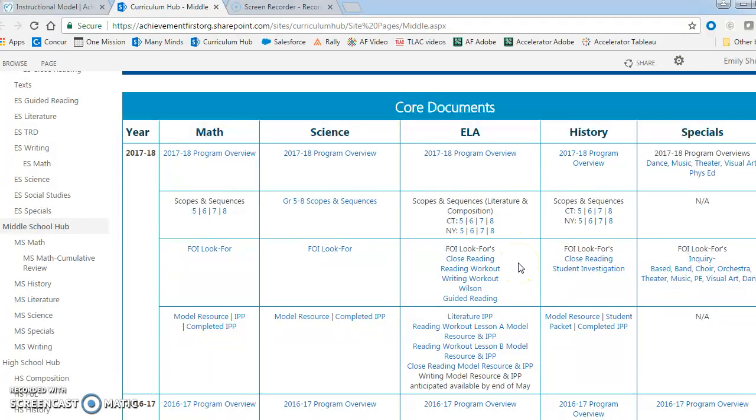Also on this homepage are FOI, which stands for Foundations of Instruction. Like I said in the program overview, it will explain the different components of a block of this content area. The FOI then gives you more information about what that looks like. So in ELA, you want to know what close reading should look like, or what we call a reading